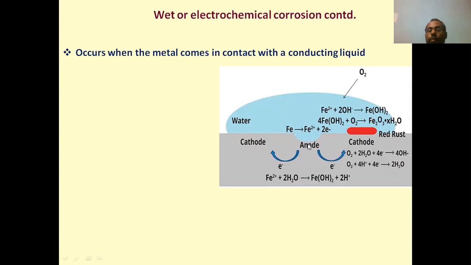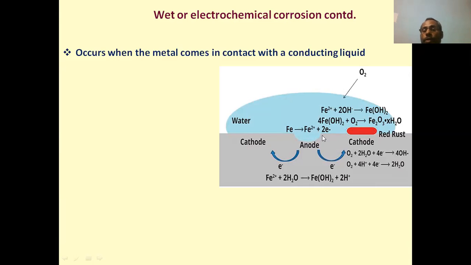At the anode, we know oxidation takes place, right? Oxidation means the metal undergoes dissolution. So the iron metal goes as an ion into the electrolyte with the liberation of 2 electrons. Now these 2 electrons go to the cathode here, also here, right? Try to understand. As iron metal undergoes dissolution, there is a loss of material. This is nothing but the corrosion. That's how corrosion takes place at the anode, where oxidation takes place.